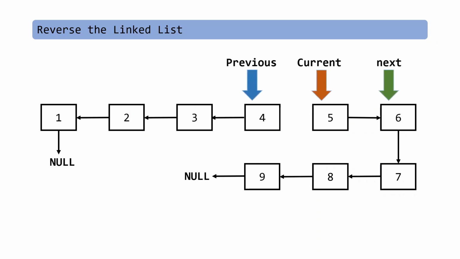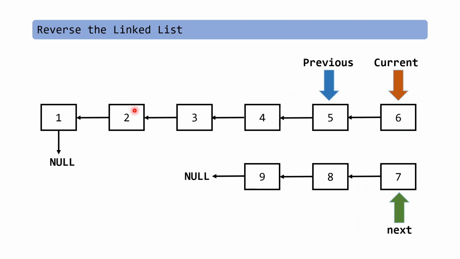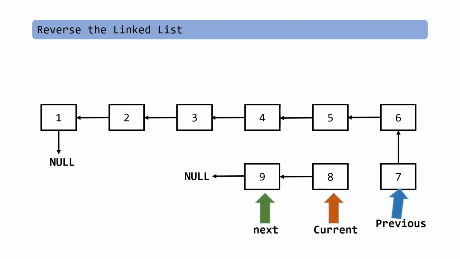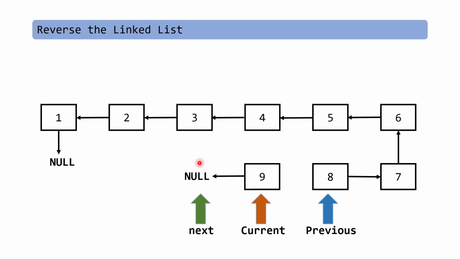And at this particular point of time we have reached next pointer equals null, so we can see that our current pointer is at the last node. So what I will do here is I will remove this link and create it from 9 to 8, like this. And as you can see, the list is reversed. All the links are in the reverse direction.